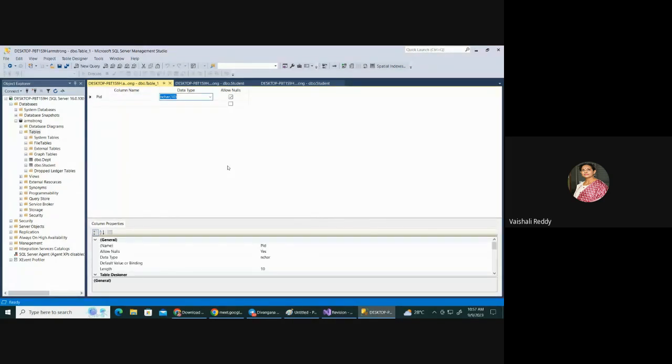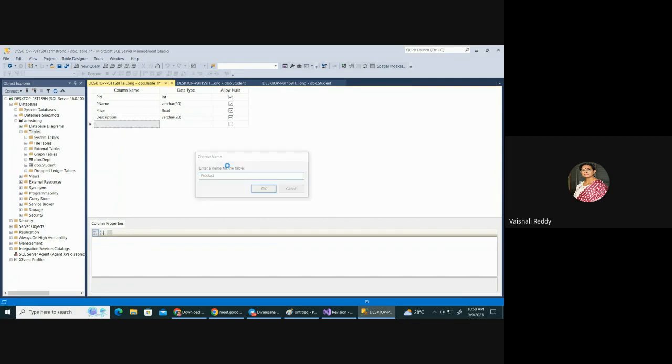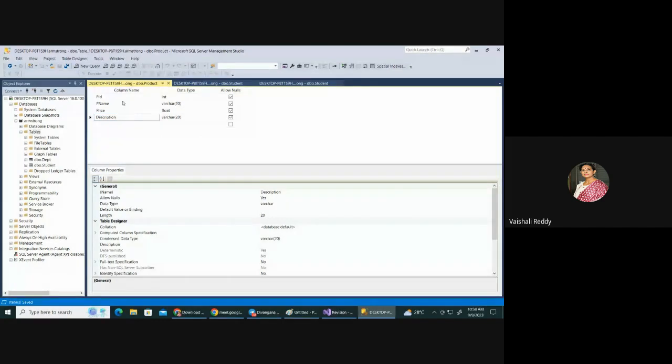तो प्रोडक्ट आईडी ले लेते हैं, प्रोडक्ट नेम, प्राइस, और क्या, कैटेगरी, कैटेगरी अलग से लेते हैं, और क्या बोलो, डिस्क्रिप्शन. ओके, नाउ कंट्रोल एस प्रेस करो सेव करने के लिए. प्रोडक्ट, ठीक है. अब जो कॉलम पे आपको कंस्ट्रेंट ऐड करना है, जैसे यहाँ पे मुझे प्राइमरी की बनाना है, तो